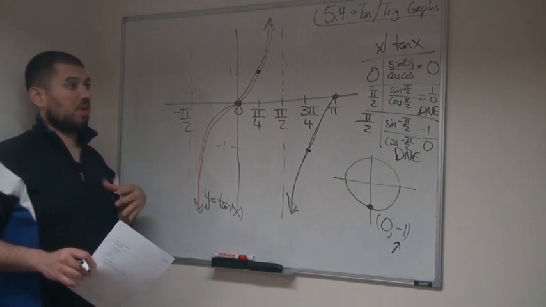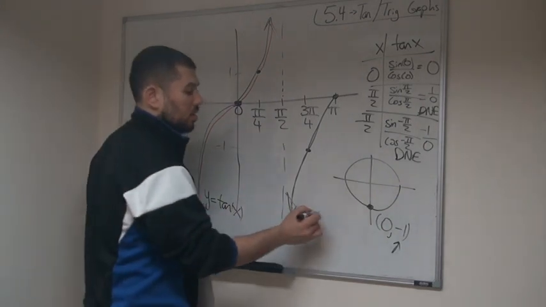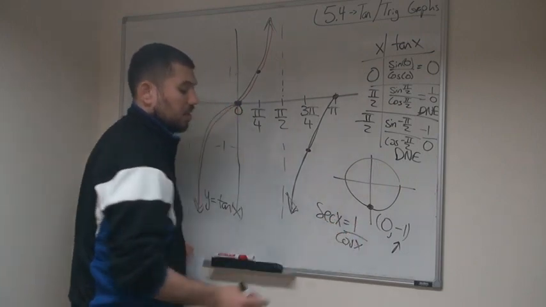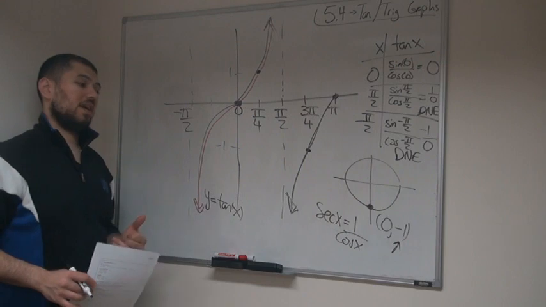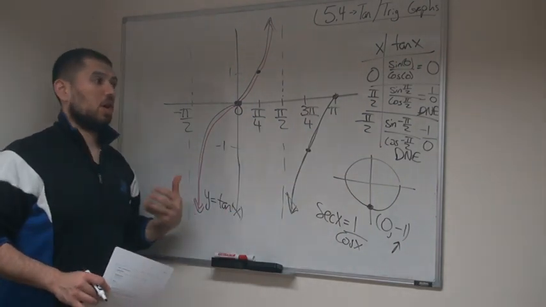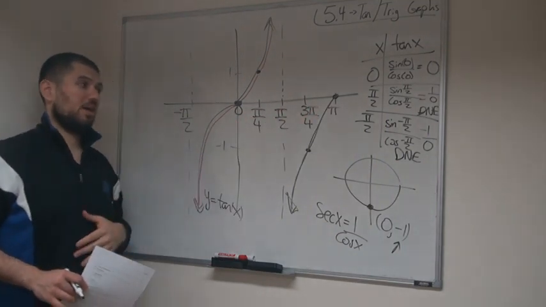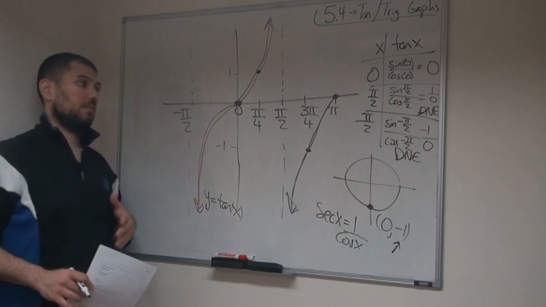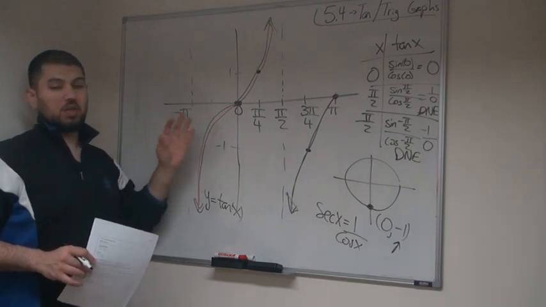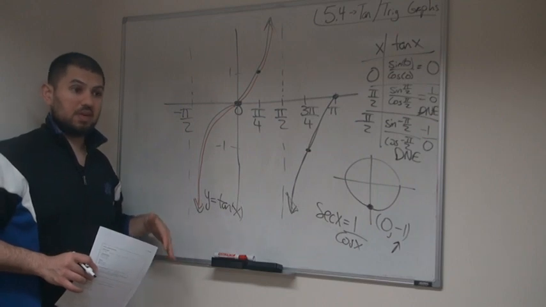If I were to ask you to graph secant, secant is 1 divided by cosine. Secant of x is 1 divided by the cosine of x. So since secant is 1 divided by cosine, wherever cosine would be 0, or every 180 degrees, minus pi over 2, 3 pi over 2, we would have a vertical asymptote. So the graph will look different for secant of x, for cosecant of x, for cotan of x, and